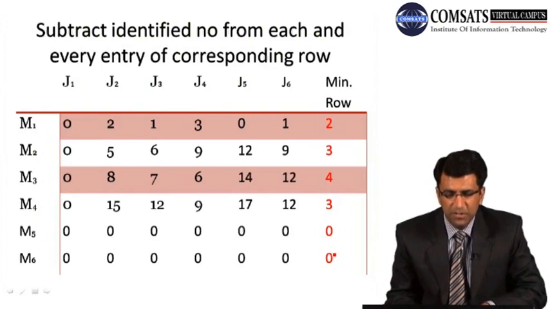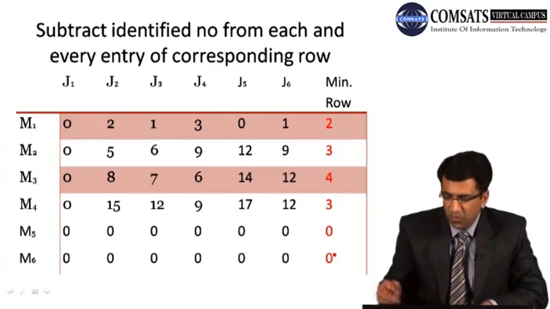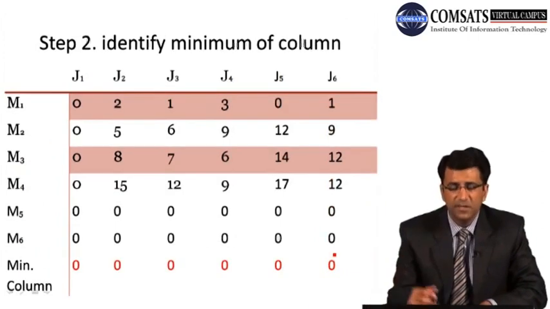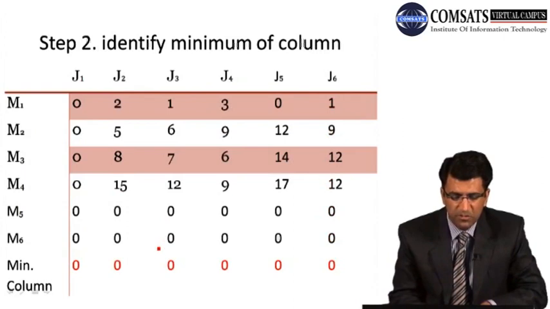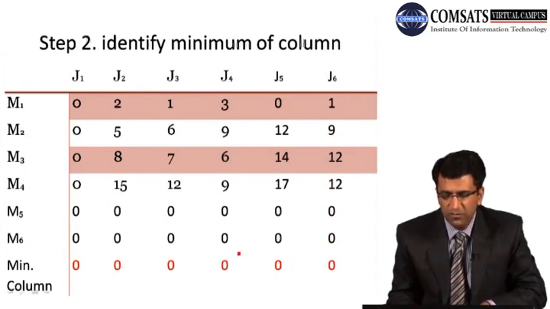So this is the row operation, and now we'll have to apply the column operation. From each column, we'll have to find the minimum number, and then subtract that minimum number from each value of the respective columns. Now class, in the first column you can see the minimum number is 0, in the second column the minimum number is 0, and in the third, fourth, fifth and sixth columns again the minimum number is 0. So we'll subtract this 0 from all of these respective columns, and as the minimum number is 0, it will not make any difference,